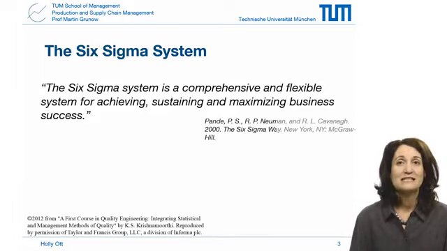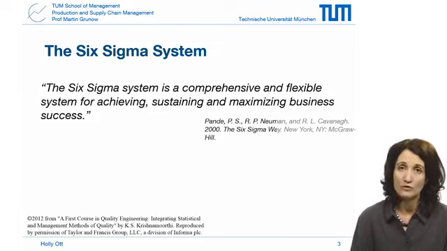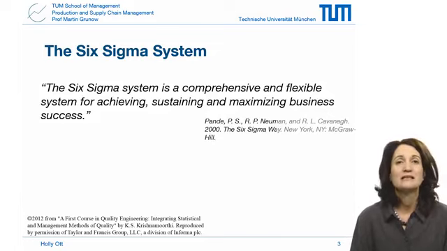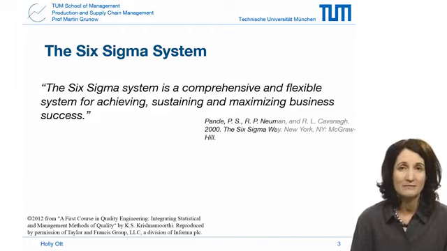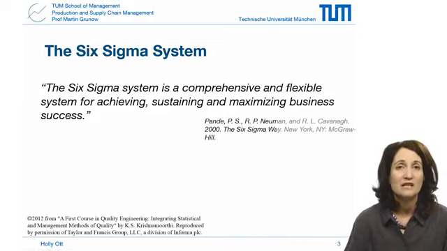The text, The Six Sigma Way by Panda, Neumann, and Kavanagh, explains how the customer-centric, improvement-driven Six Sigma approach achieved impressive benefits for companies such as General Electric and Motorola. The authors state that the Six Sigma system is a comprehensive and flexible system for achieving, sustaining, and maximizing business success. The Six Sigma process strives to achieve this by careful understanding of customer needs, use of facts through data